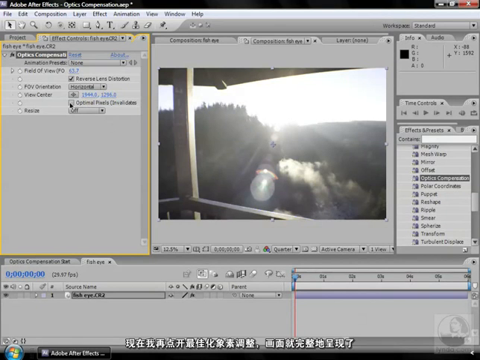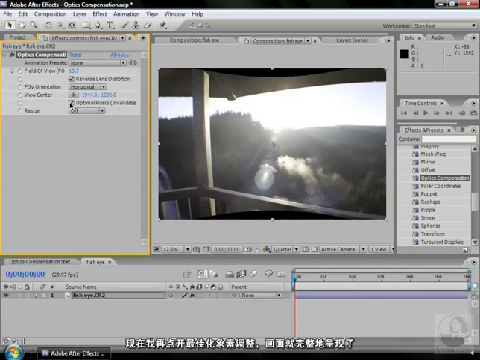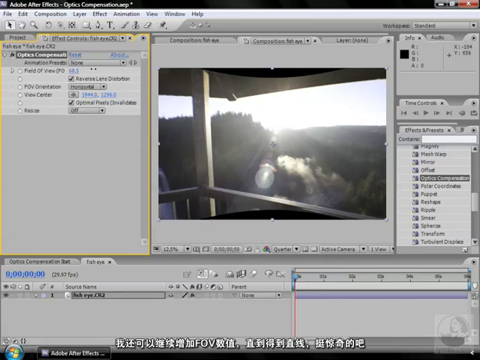Now I'm going to turn on optimal pixels. What that's going to do is crunch everything, make everything fit in our scene, and we can see a little bit more of these curved lines and what this effect is really doing. And let's increase that even more until we get some straight lines. Isn't that just remarkable? So optics compensation is used to compensate for optics, and it can do it in either